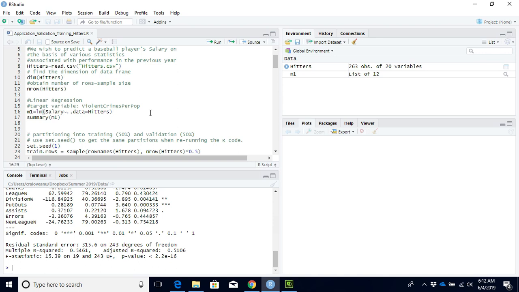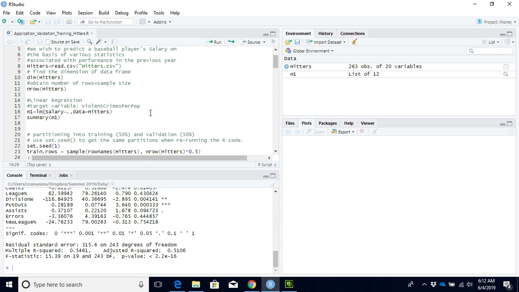So what I'm going to do next, I'm going to split the data. I'm going to do a 50-50 split. I'm going to split it into a training portion and a validation portion. So the idea here is that I can't just estimate this model, and then in order to figure out whether it has a good forecasting performance, I cannot use the same sample that I've used to estimate it in the